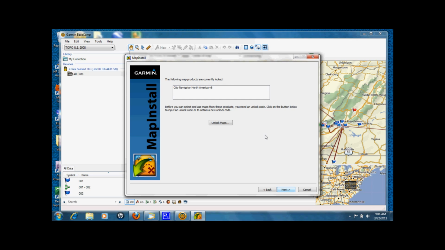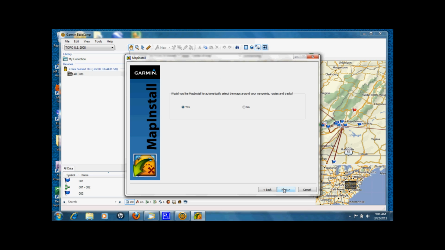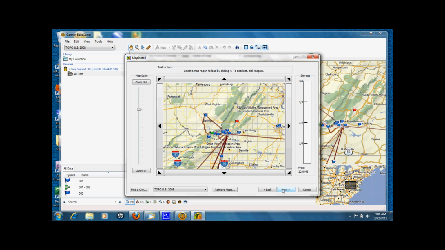Go ahead and hit Next, and if we have any maps that we need to unlock, it'll try and get us to unlock those. We can skip that. It'll ask us if we just want to automatically install maps around our waypoints, and in this case we'll say no. The next box will bring up the map screen where we can select the maps we want to install,